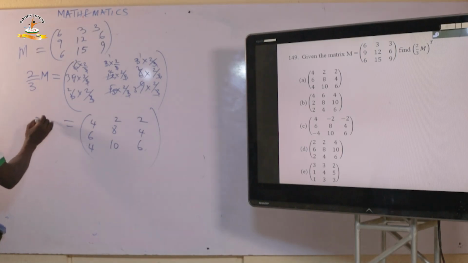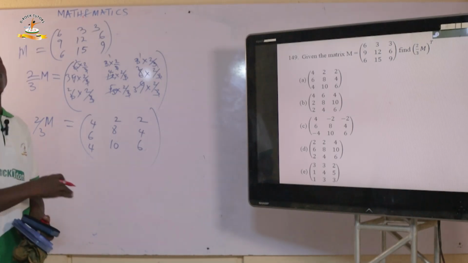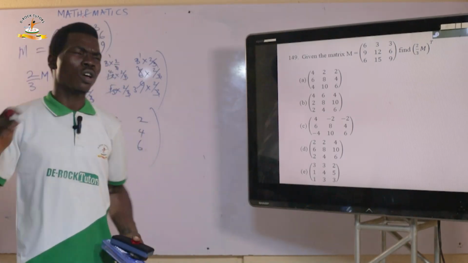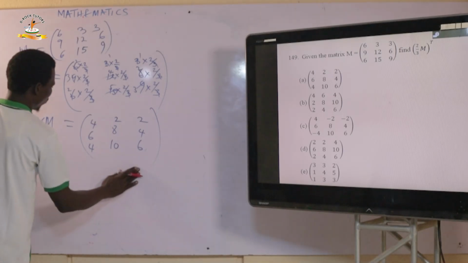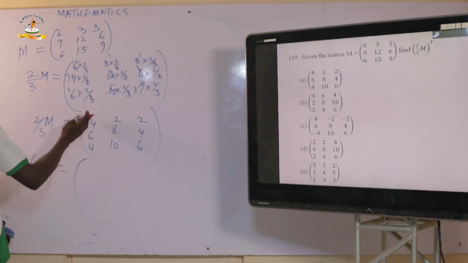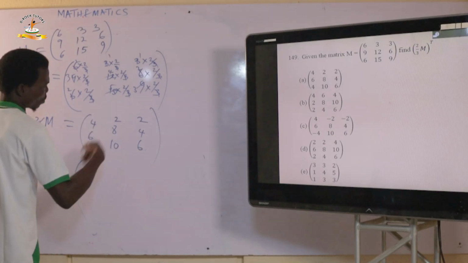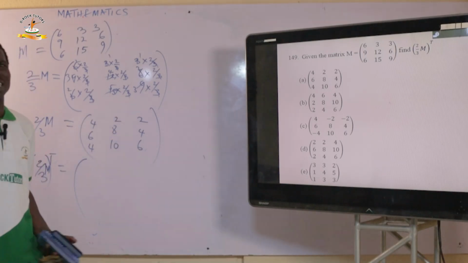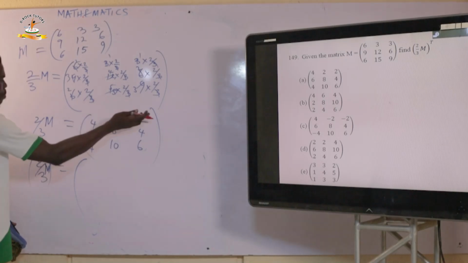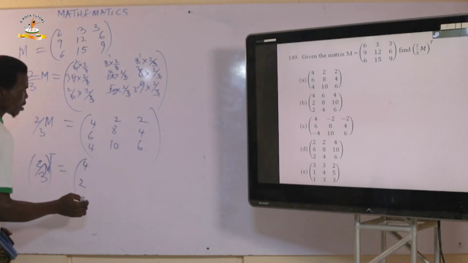And this is my 2 over 3M. However, the question says I should transpose it. Transposition means I should change all the rows to columns, and as well all the columns to rows, and that's pretty much easier to do. So we say 2 over 3M transpose is simply as good. Like I start with the row and I start with the column. So the first row becomes the first column, the second row becomes the second column, and the third row becomes the third column. So it means, let me make that 4 2 2,